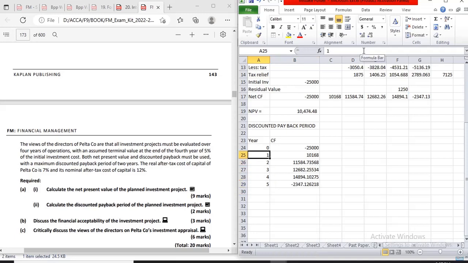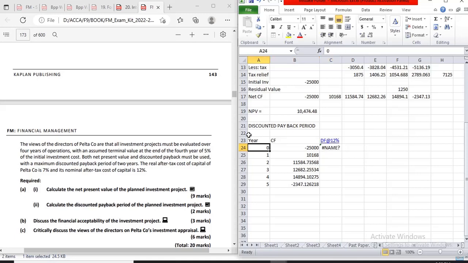Okay, so we got it. Now the discount factor at the rate of 12% nominal. You can use a discount factor table, no issue,